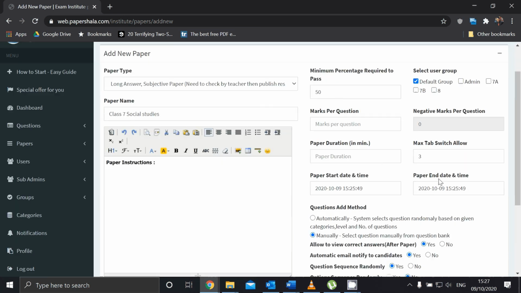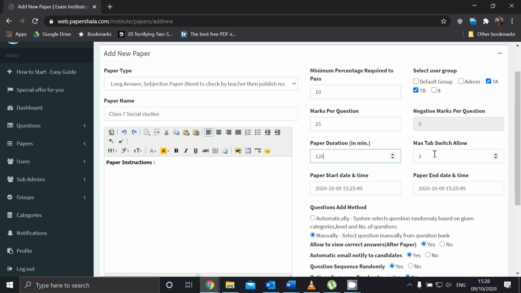Now this part is a little bit tricky. Let's say you need to tell the system what the maximum marks per question are. Hope you understand that. In this case it will be 25, and let's say pass marks is 10. Now this is again removed from the default group. This is for 7A and 7B. There's no negative marking in this. And let's say the exam is 2 hours long, which is 120 minutes.